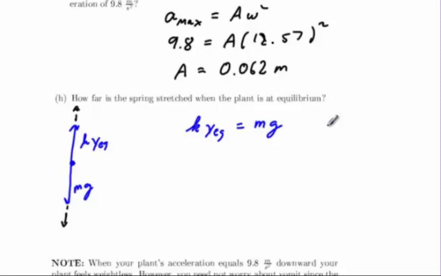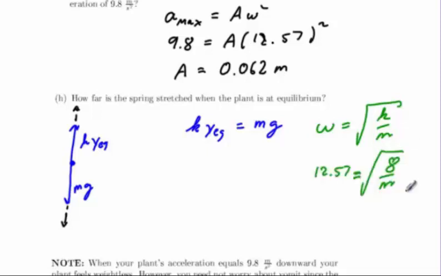The spring constant we know. It's 8 newtons per meter. However, what's the mass? To solve this question, we remember that the spring constant and mass are related to the omega in the motion itself, so that omega is the square root of the spring constant divided by the mass. Therefore, we first solve the problem to determine the mass of the object given the information at hand, and then, once we know the mass, we'll be able to plug it in and find the equilibrium y, or the amount by which the spring is stretched from its natural length when the plant is hung but not oscillating up and down. Solving this relationship for m, we find that we get a mass of 0.0507 kilograms, and placing this mass into the previous relationship, we'll be able to solve for the y at equilibrium,